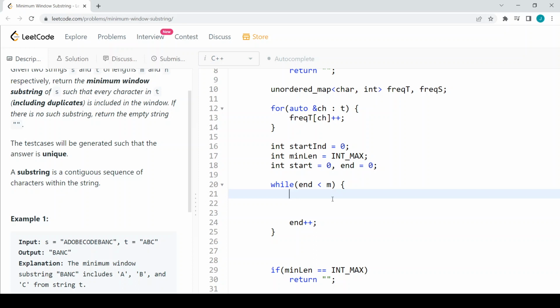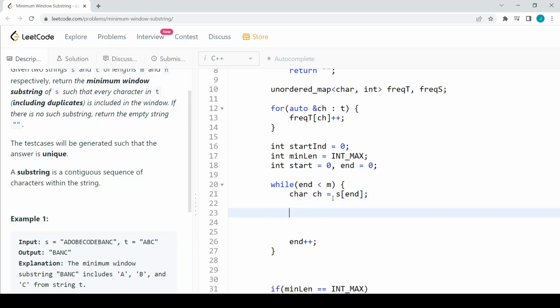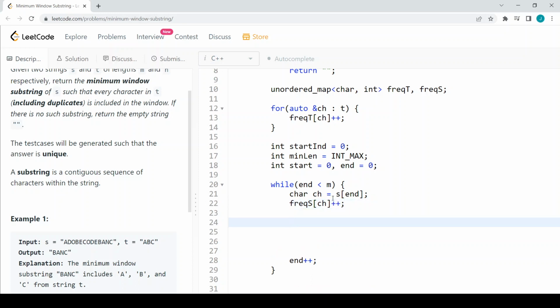First of all, I'm going to add this particular character into my map, which is nothing but frequency of s. I will take a character ch, which is nothing but the current character, s of end. Now I have taken the current character. Whenever I take the current character, I'm going to add it to my frequency s map. So I will add the current character's frequency now. Once I have the current character's frequency, what I will do is